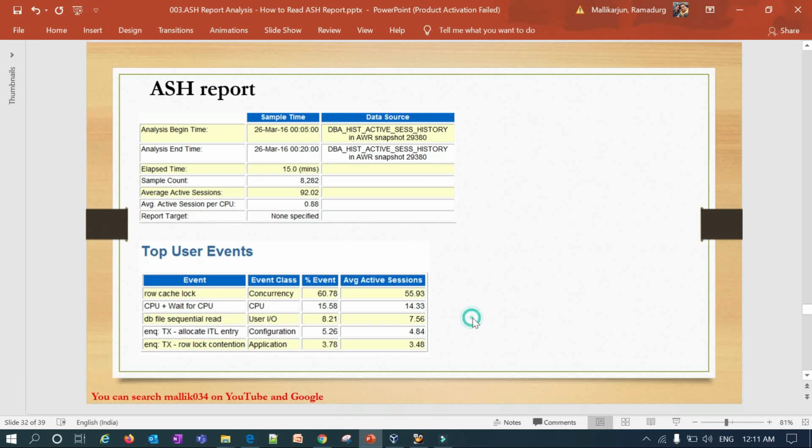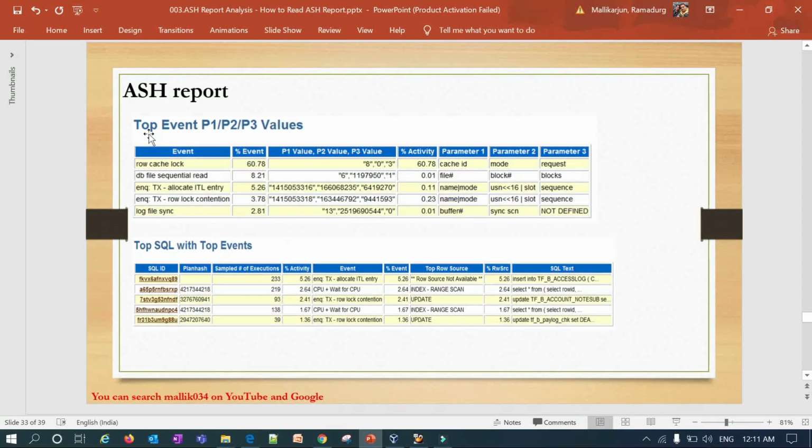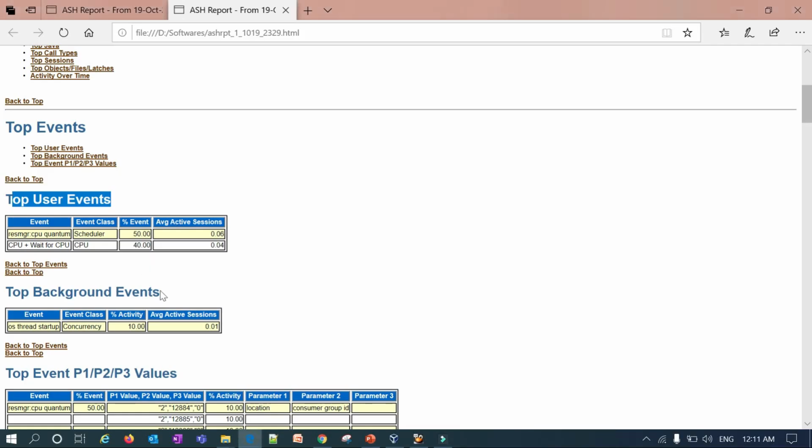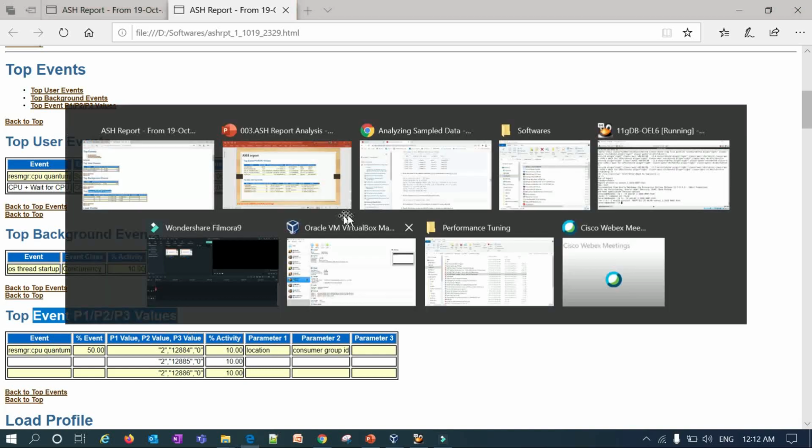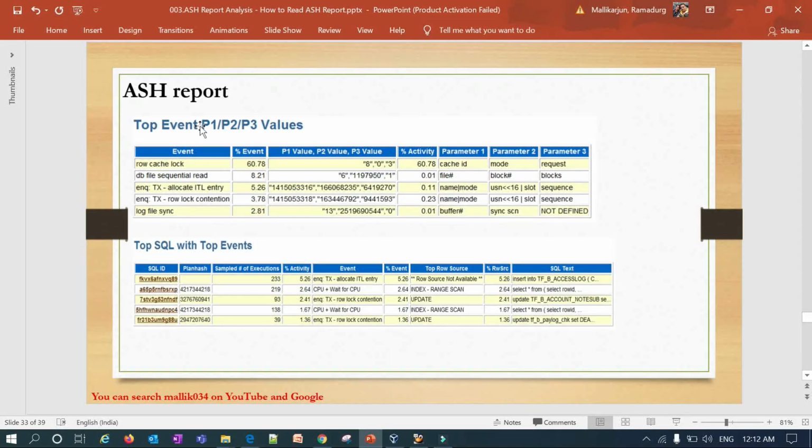You can predict what kind of issue you are having in your database. Then you have to go with the top events P1, P2, P3. If you see here, the top event P1, P2, P3 values say row cache lock, DB file sequential read, TX allocate ITL entry, TX row lock contention, and log file sync.